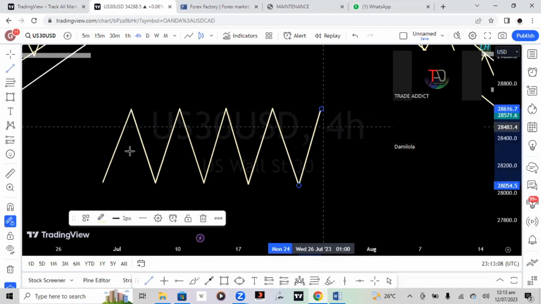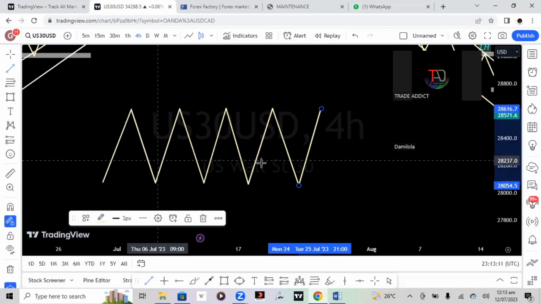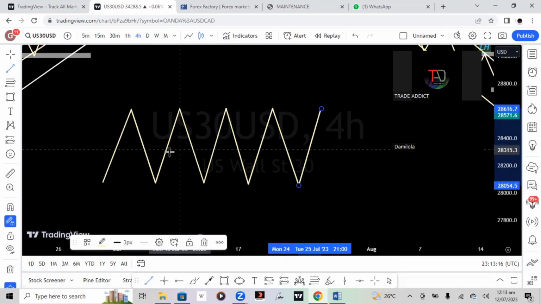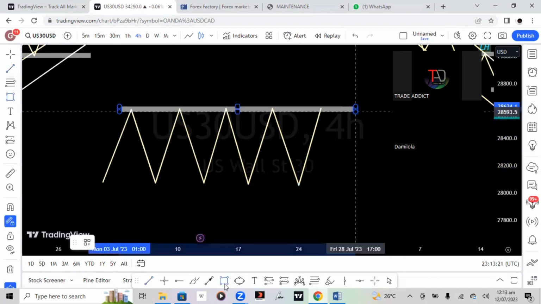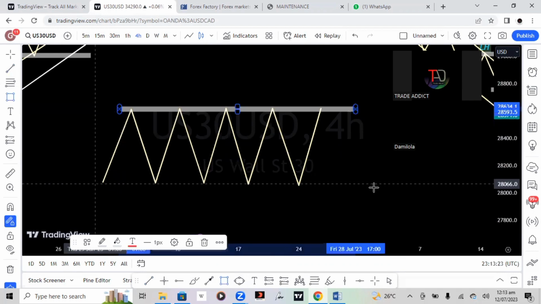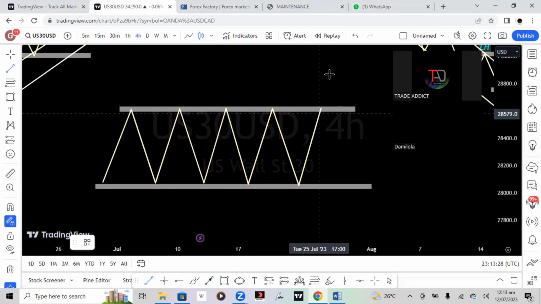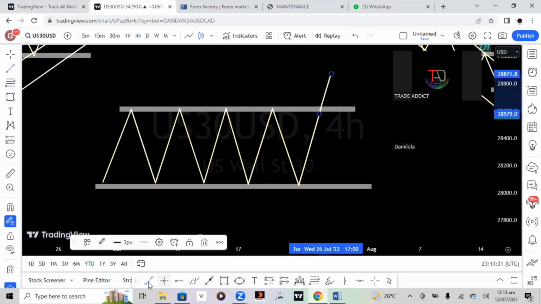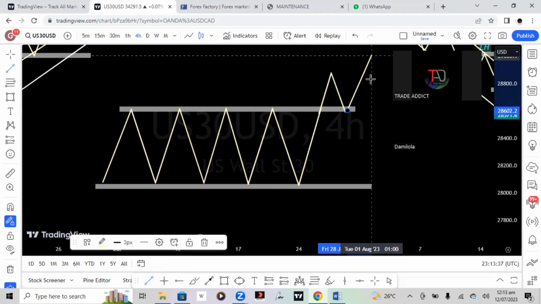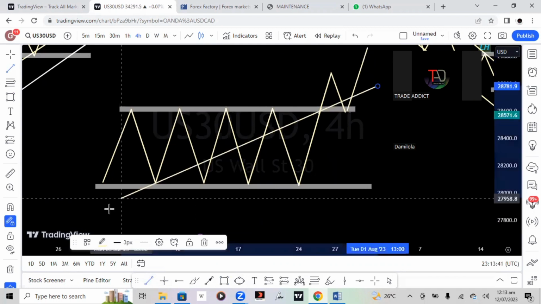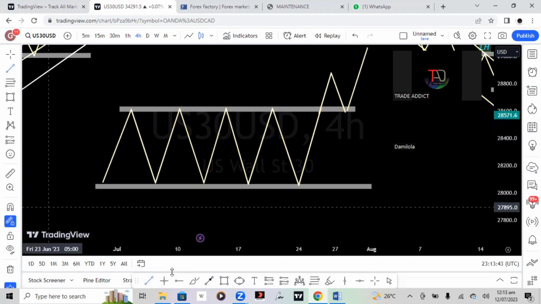Okay, so in this type of market, all we have to do is stay away from such markets, and we'll wait for what we call a break and retest. So whenever price breaks out, we'll wait for the retest before we know what to do. Maybe we'll be buying, or we'll be selling. It depends on what the market actually gives us. I hope you understand this as well.